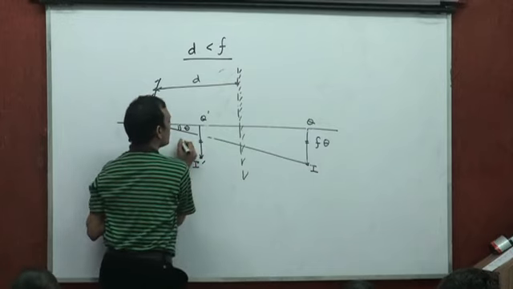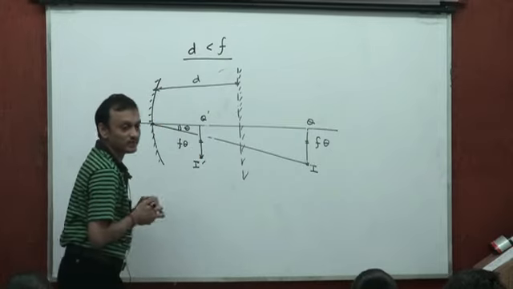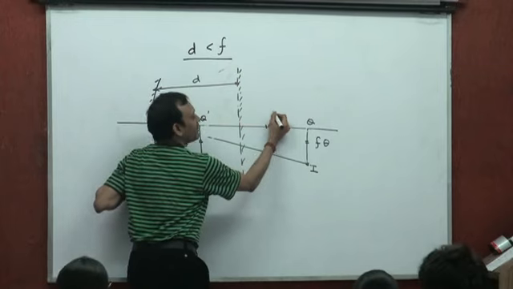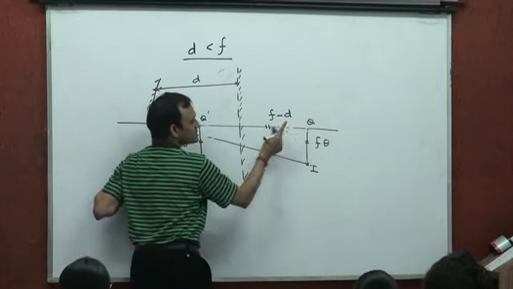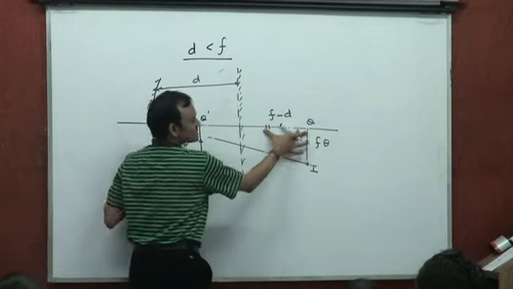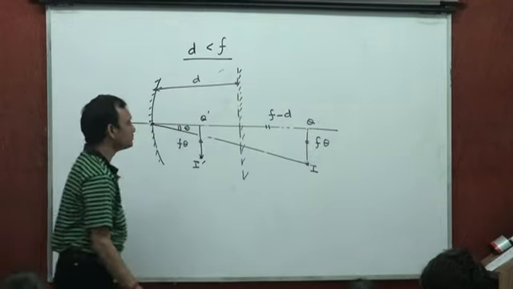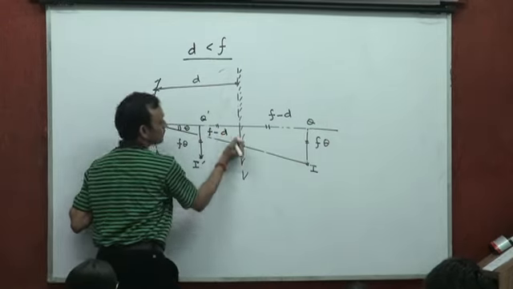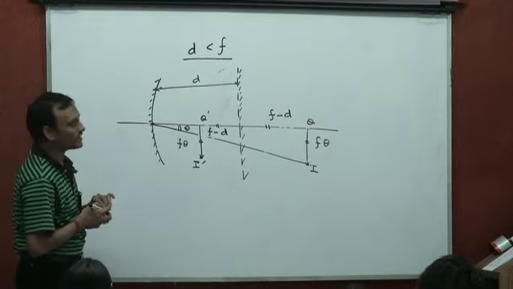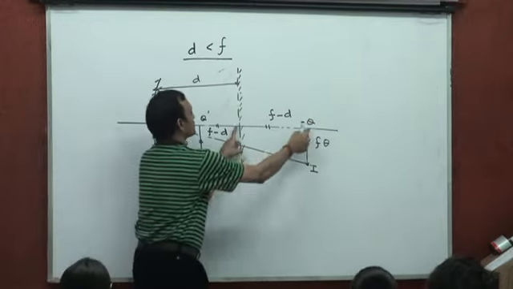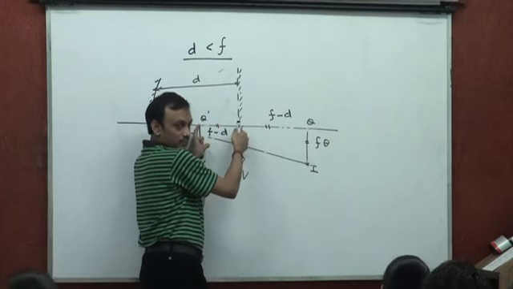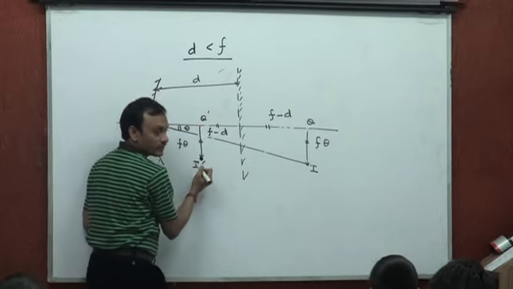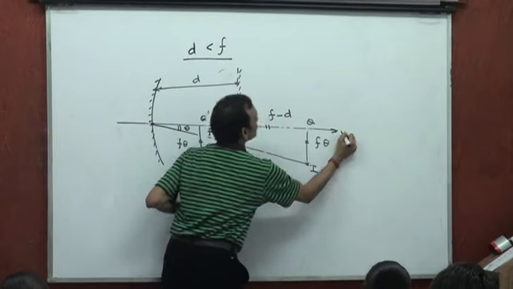where this length will still be f theta, and this distance would be f minus d. This is f, this is d. This distance would be f minus d. So this distance will also be f minus d, because this is the virtual object distance, real image distance for the plane mirror, right? So the final image is here, and this is the positive direction of the x-axis,